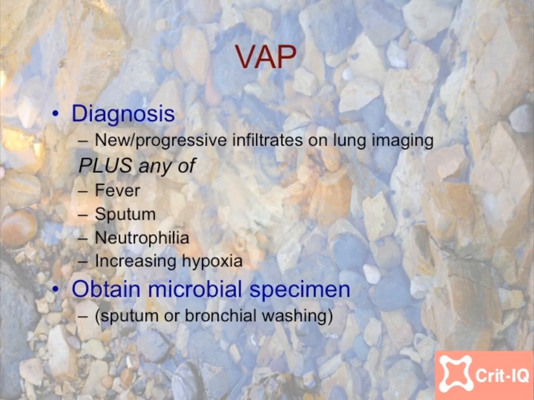In the diagnosis of VAP, one should also obtain a microbial specimen. This is done through sending either a sputum from suctioning of the patient or actually doing a bronchoscopy and getting some washings directly from the